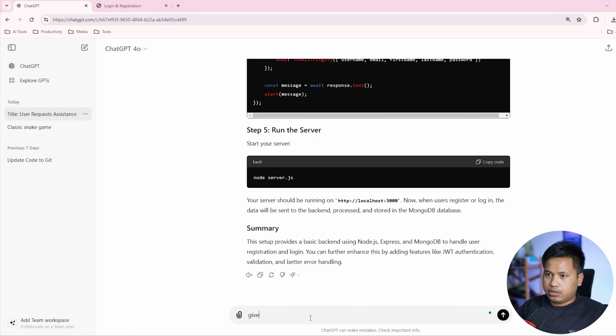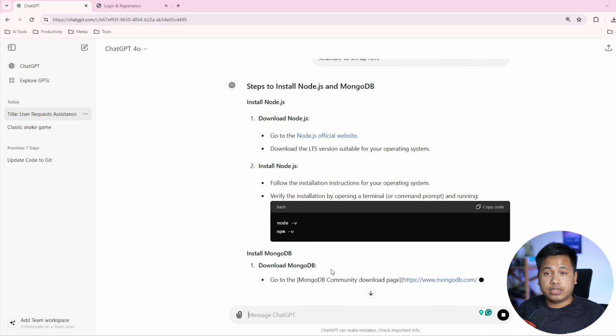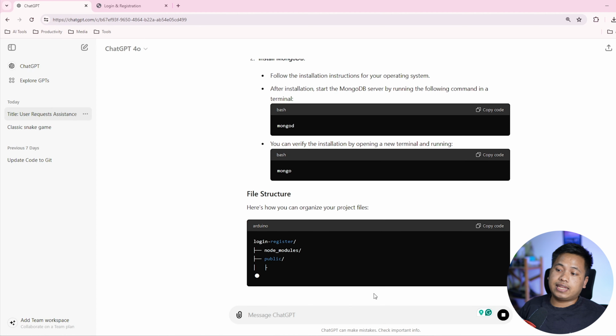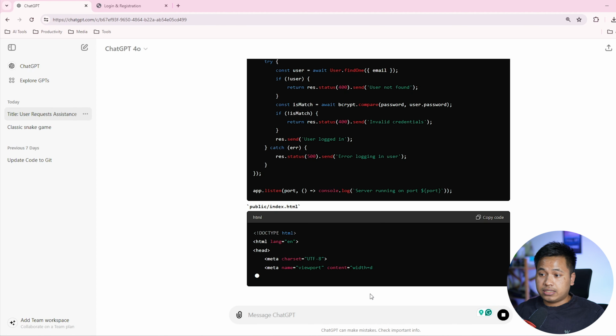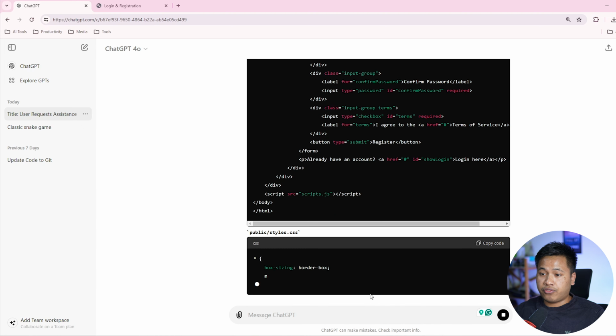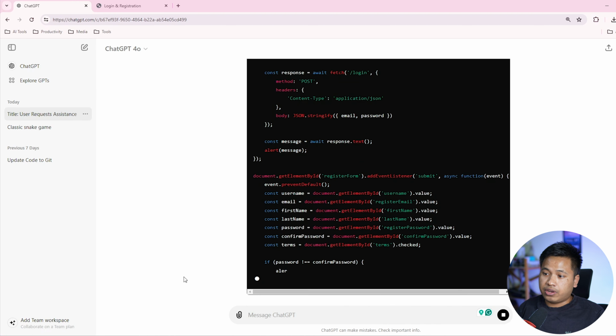So I'll ask it, give me steps to install Node.js and MongoDB, and give me file structure to set up here. You know, like the file structure of Node.js is not the same like that HTML, CSS, and JavaScript code where you can just place it anywhere. But with Node.js, we have to put files in specific folders. So now it's giving me all these files here,